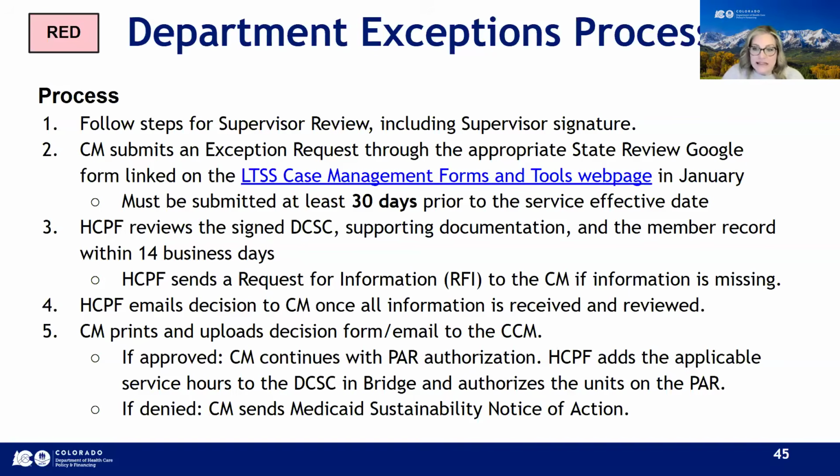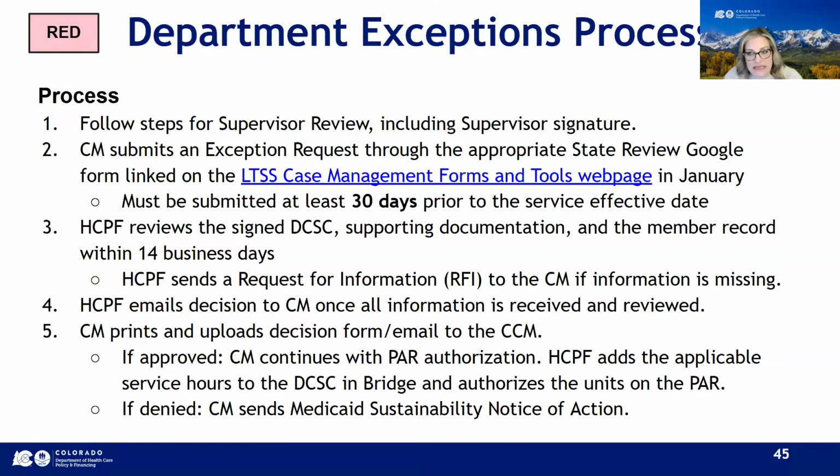For CSRs, this is going to be 30 days prior to their certification end date. That doesn't mean you need to wait until the 30th day. It just means that you can't do it after that, right? We need enough time for submission to make sure we can get all of the information we need for an approval. Ensuring that you meet this timeline will prevent a gap in service coverage for your member.